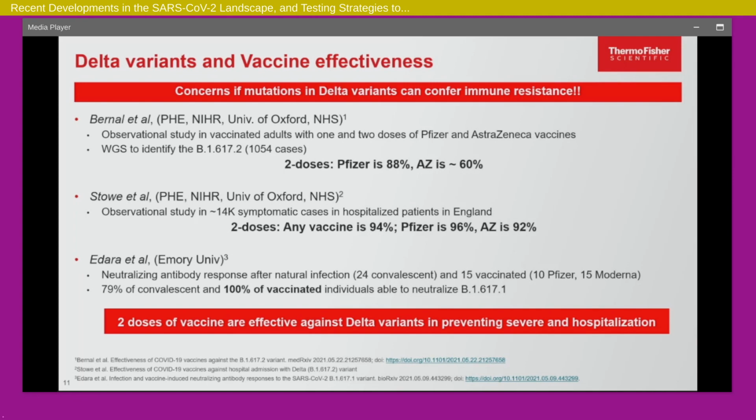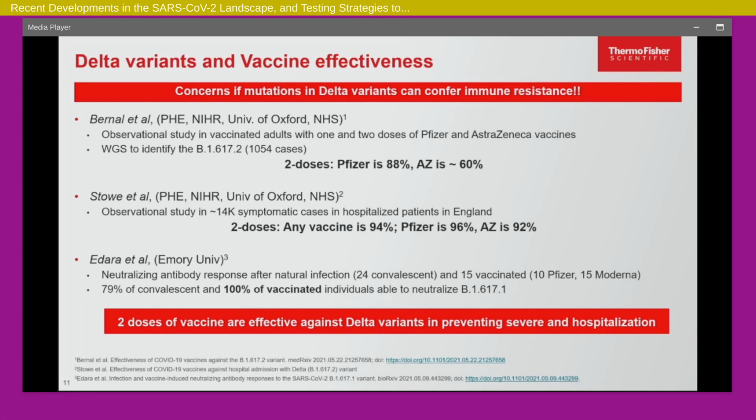But at this point, if you get 2 doses of the vaccines, it has very good efficacy in preventing hospitalization and disease. And I use the words hospitalization and disease rather than infection, because vaccines do not prevent infection. They prevent disease and prevent you from getting sick. But the situation of falling sick and going to a hospital is much more complex than just getting infected, because it also depends on underlying health conditions, predisposing conditions, age. All of those make a difference in the efficacy of the vaccine.